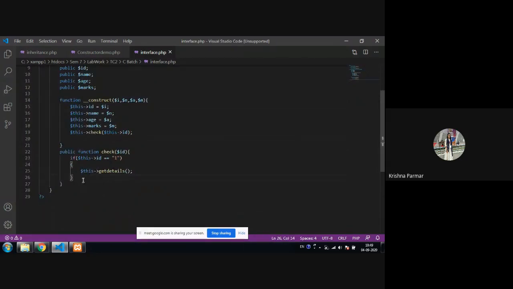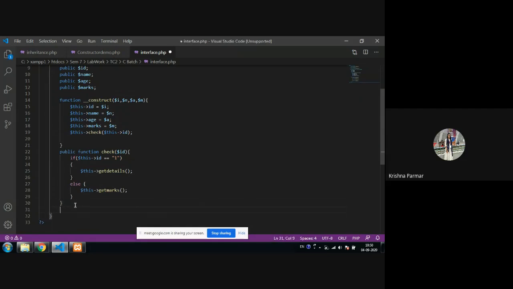Okay, so here we check if id is equal to 1, then get details of the employee, and else it will go for the student details. For the student interface we are going for the get marks function, right? So this way your entire function will look. We don't need to explicitly call any functions. Why? Because as we go into the initialization of the object, it will call the check method. In the check method, if the id is one, then it directly calls get details, and otherwise it will call get marks. So there is no need to explicitly call any function.